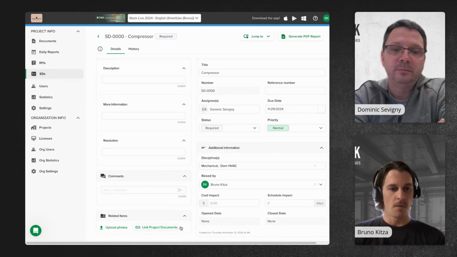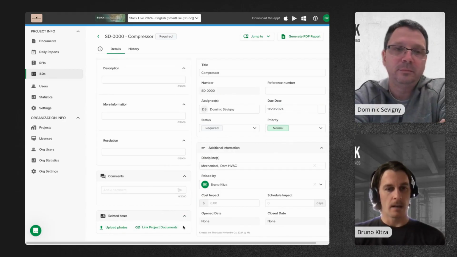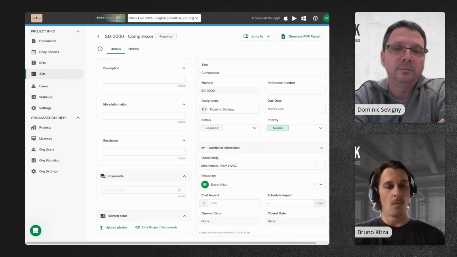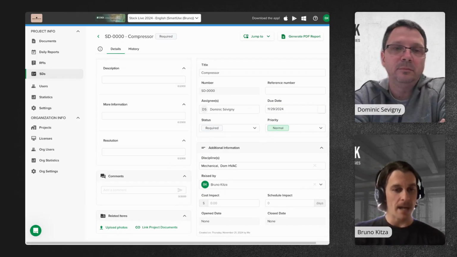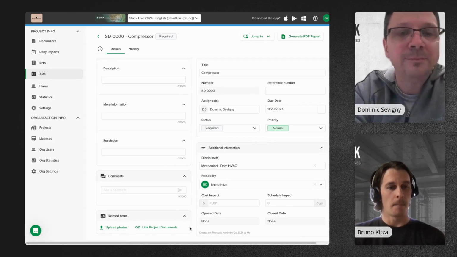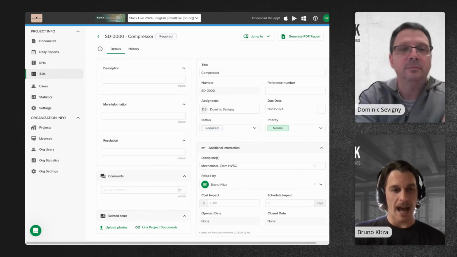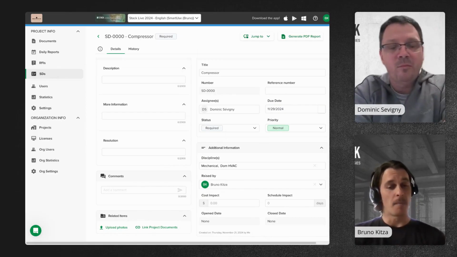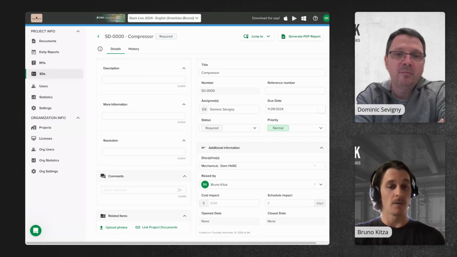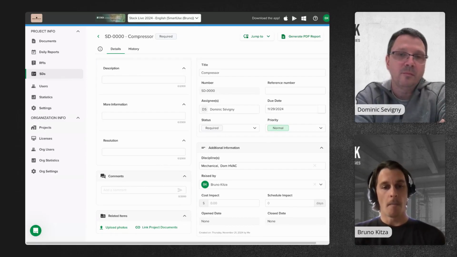And move to that part here of the form. We have our related items. We were hoping to be able to present you a new feature with the related items. Unfortunately, our product team will still need a few more weeks to make it available, so stay tuned. But what we're going to have here is